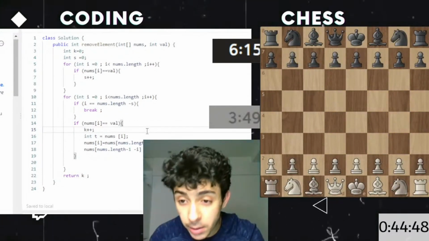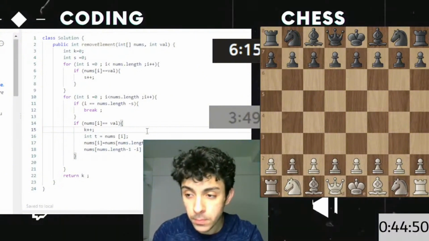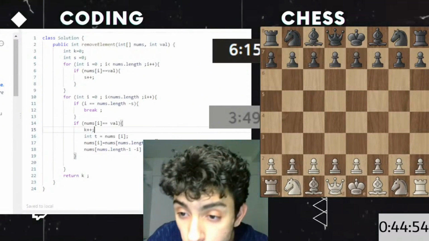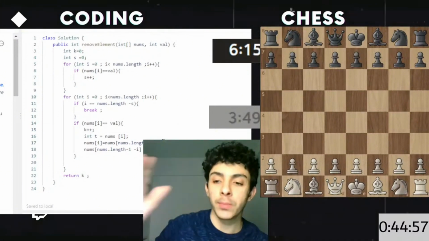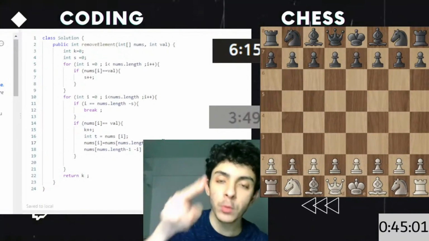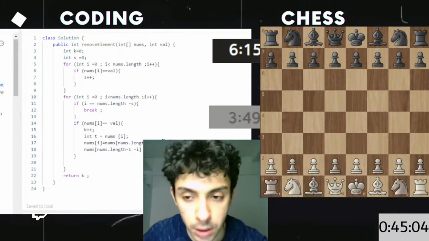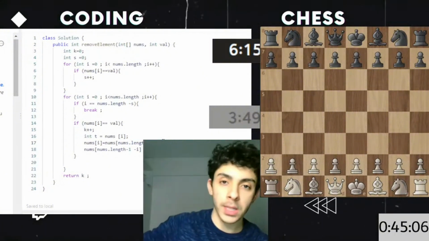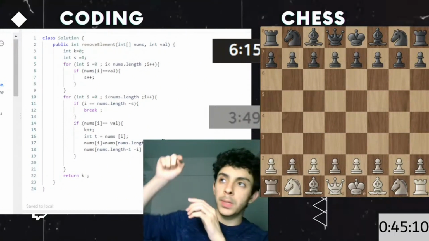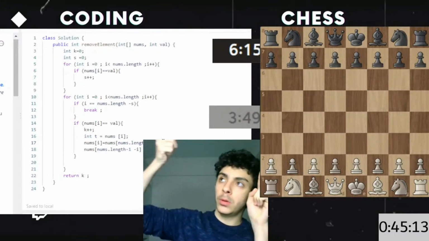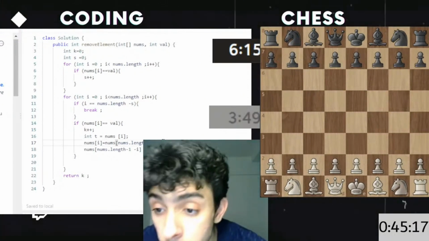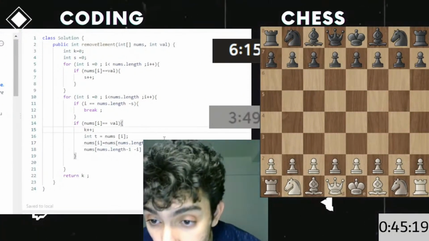So the wrong thing here is we are not putting the elements in the end. When we do this, I is always incrementing. It's always incrementing, if that element is equal to val, or even if it's not. So when it's always incrementing, we're not putting the elements at the end, but even if they are not equal, we're putting elements like before the end of the array. So now what we're gonna do is